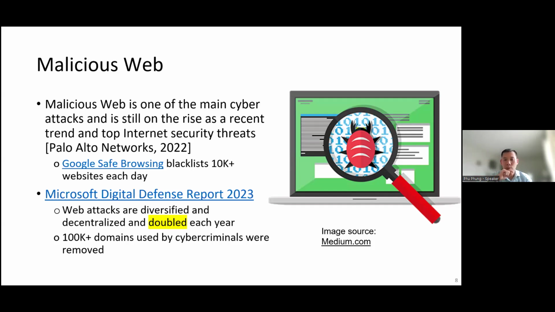So it's still a serious problem, because the attackers try to bypass all of the mechanisms that we have, even though a lot of mechanisms are already deployed in practice. For example, Google Safe Browsing is still there, and they continue to blacklist websites. You see here it's 10K websites per day. However, it's still going on, right?